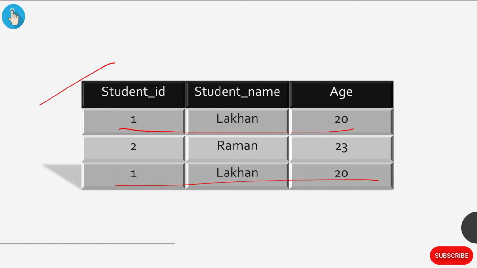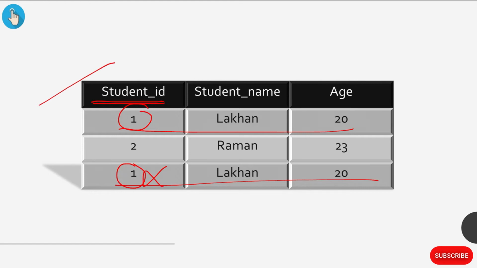This kind of data should not be present in your database as it creates more confusion. Here there are only three data, but originally in our database there are multiple entries, and if we have repeated data then it will create more confusion. To remove it, you can use the concept of primary key. Suppose I give a primary key to student ID, then the duplicacy of our data will be removed, right?